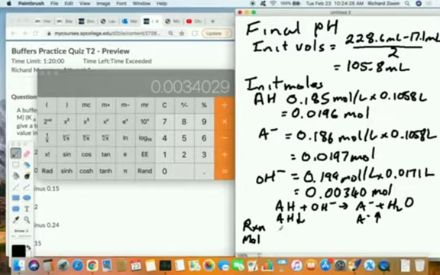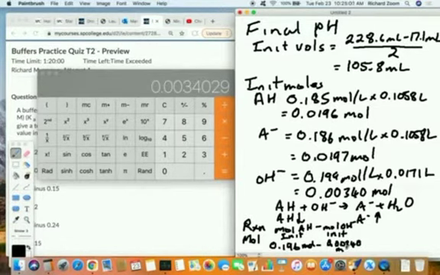For the AH, it's going to be moles of AH initial minus the moles of OH minus initial, which is going to be, in this case, 0.0196 moles minus 0.00340 moles, which equals